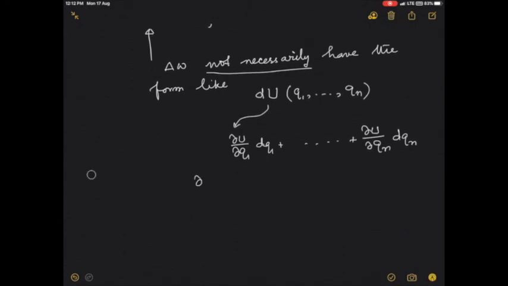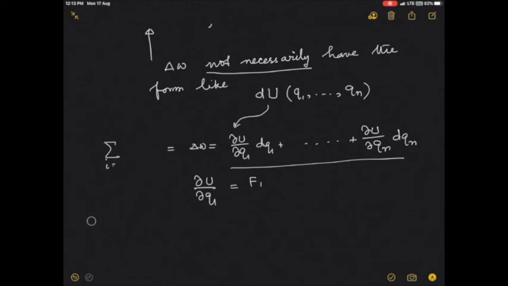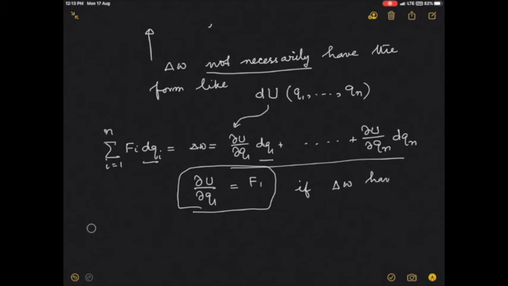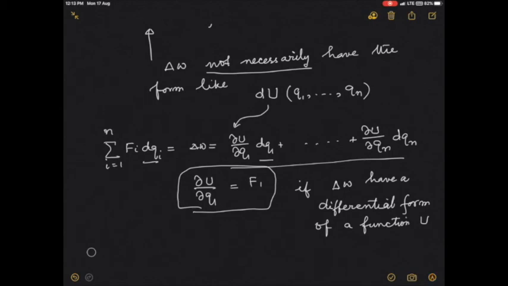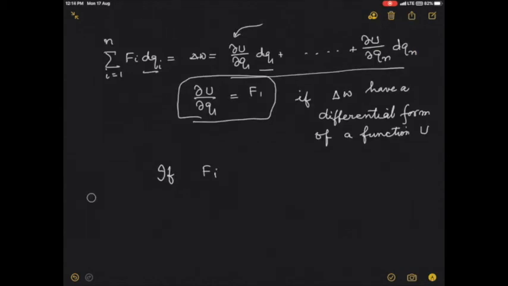If I can write it in this form, then what happens is this ∂U/∂q1 is essentially your F1, right? If I compare this, this is delta W, and remember that we defined the generalized forces. So if I consider the coefficients of dq1 from both sides, this is essentially this. And this is only true if delta W has a differential form of a function. We call this U. If F1, or Fi, can be written as ∂U/∂qi,